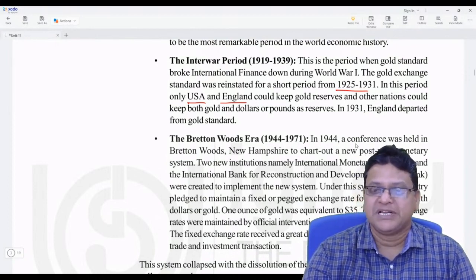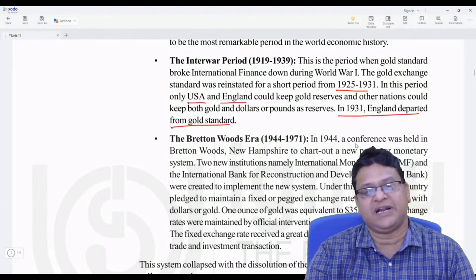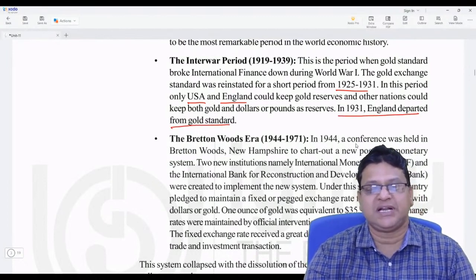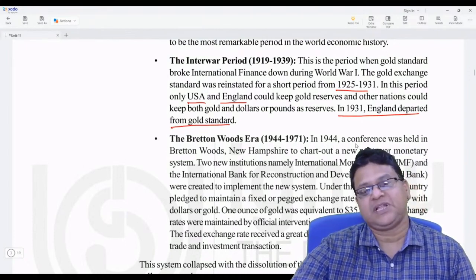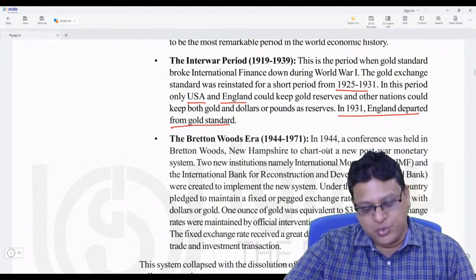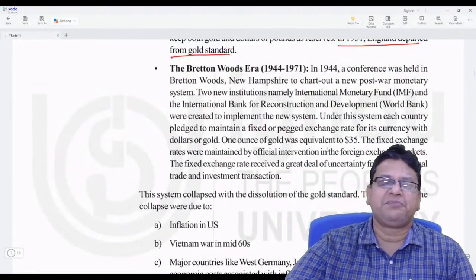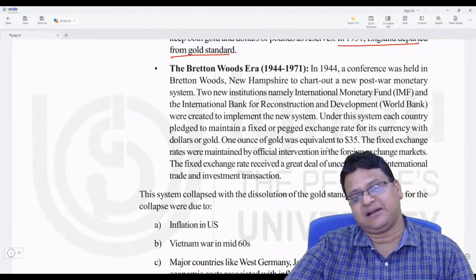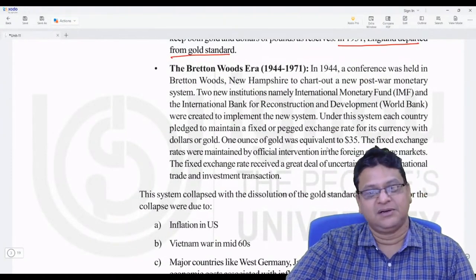But in 1931, England departed from the gold standard, so the gold standard comes to an end in 1931. Again, World War II came. During World War II, there was very little international trade. Once World War II was over,